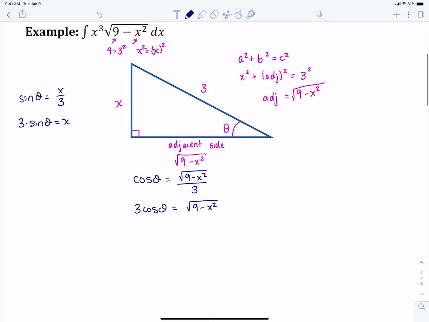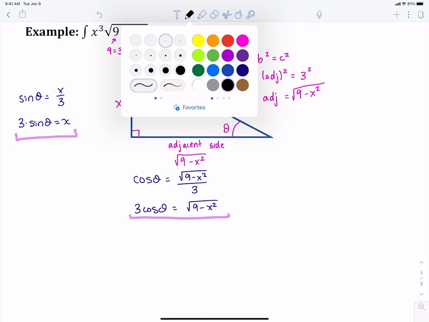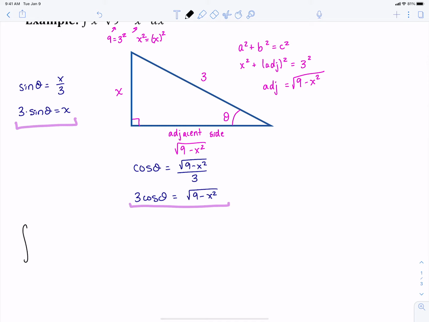So now if we look at these two statements, 3 sine of theta is equal to x, and 3 cosine of theta is equal to the square root of 9 minus x squared,